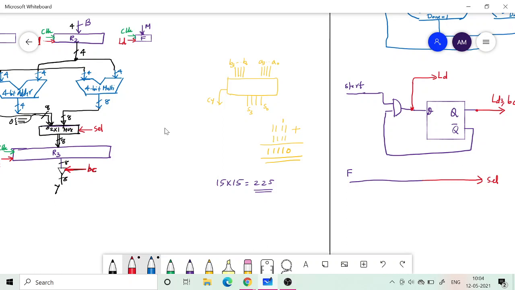And then LD3 is what? LD3 is the state output. Whenever we are in state S1, then only we need to load, and whenever we load, we need to open this passage so that the output can come at the output.